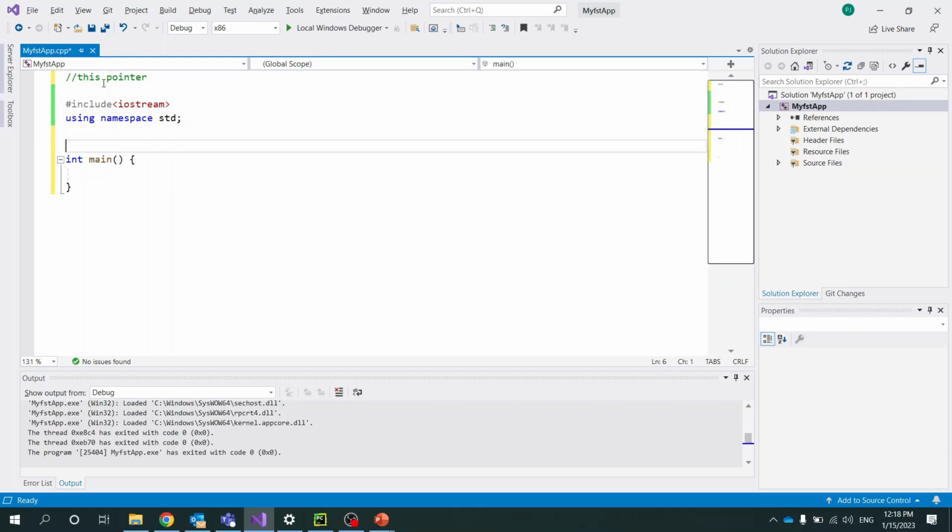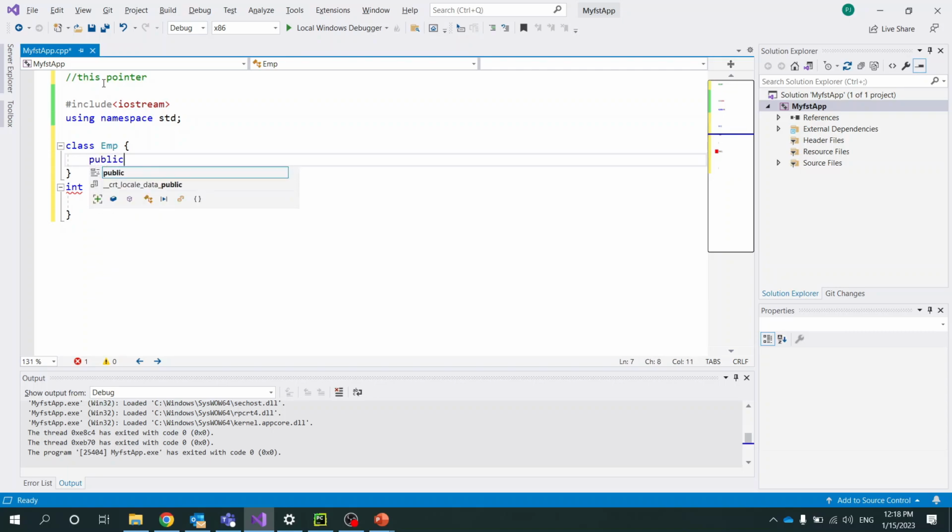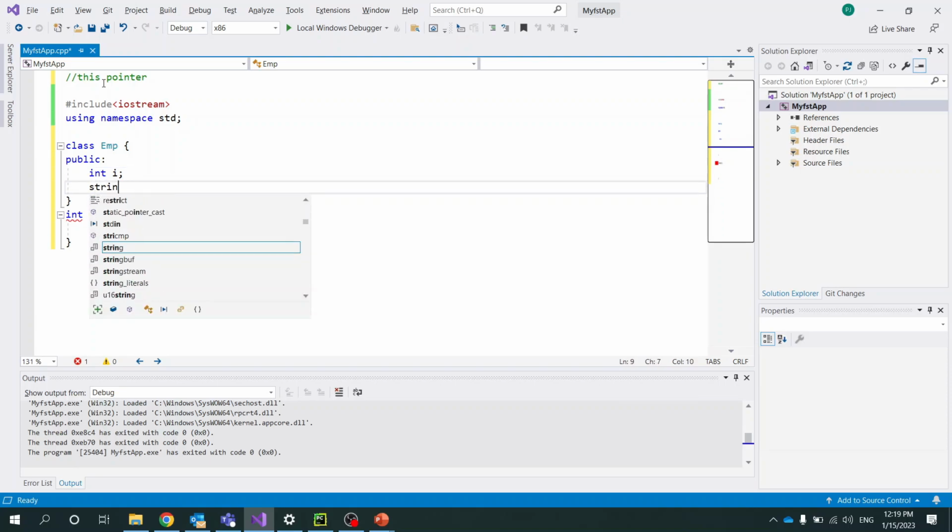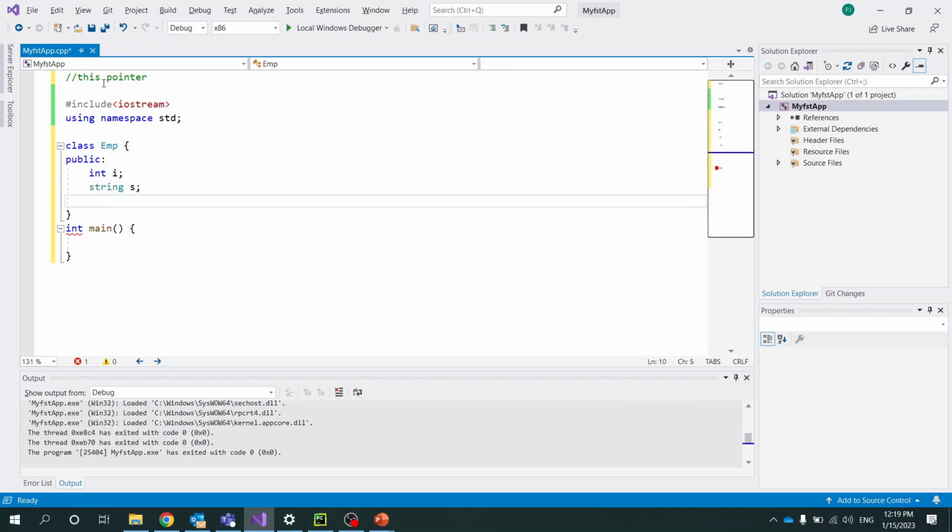We have to create the class Employee. In public, int id, string name, and float salary. Okay, so these are the data members, and inside that,